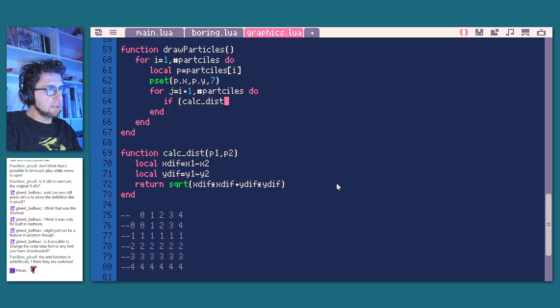If calcdist p, particles j is smaller than 10, whatever, I don't know, then